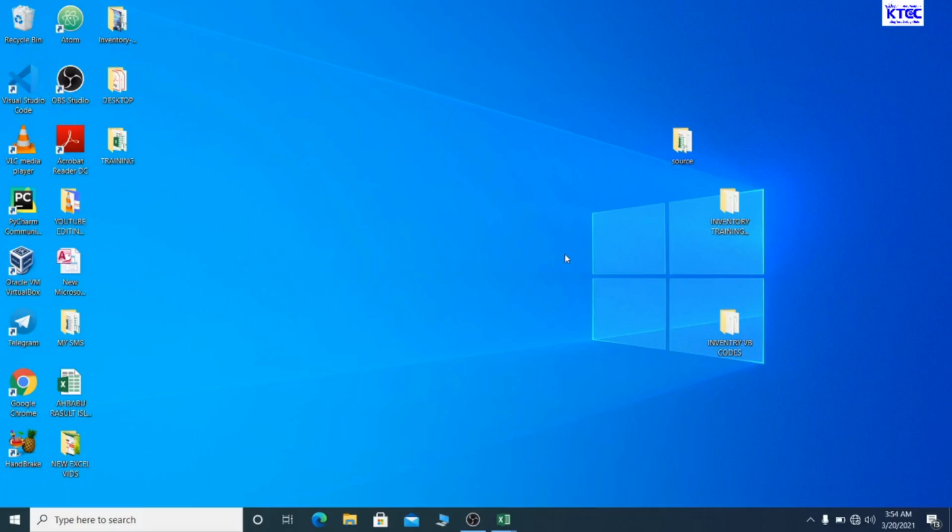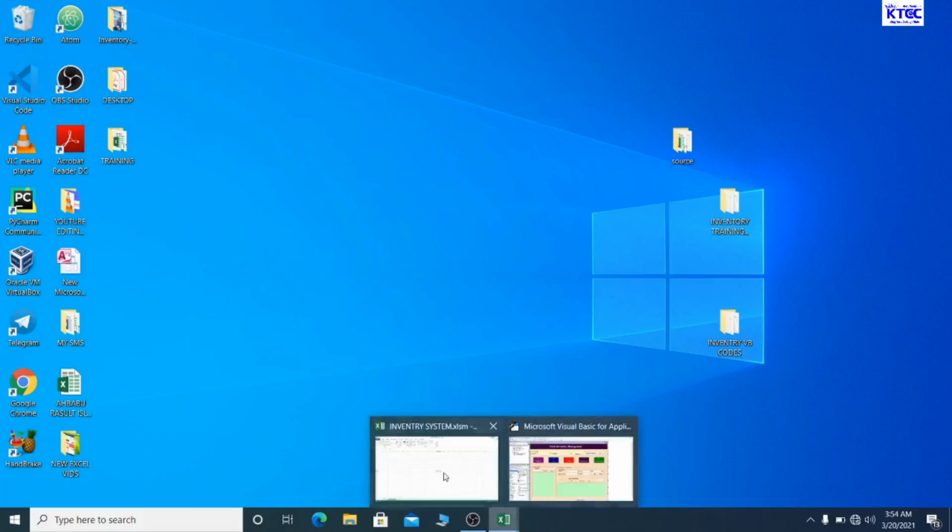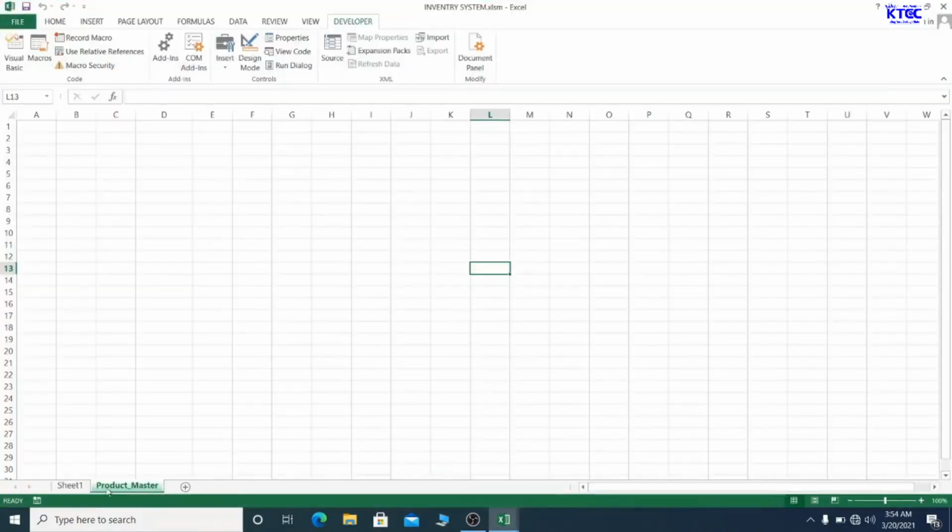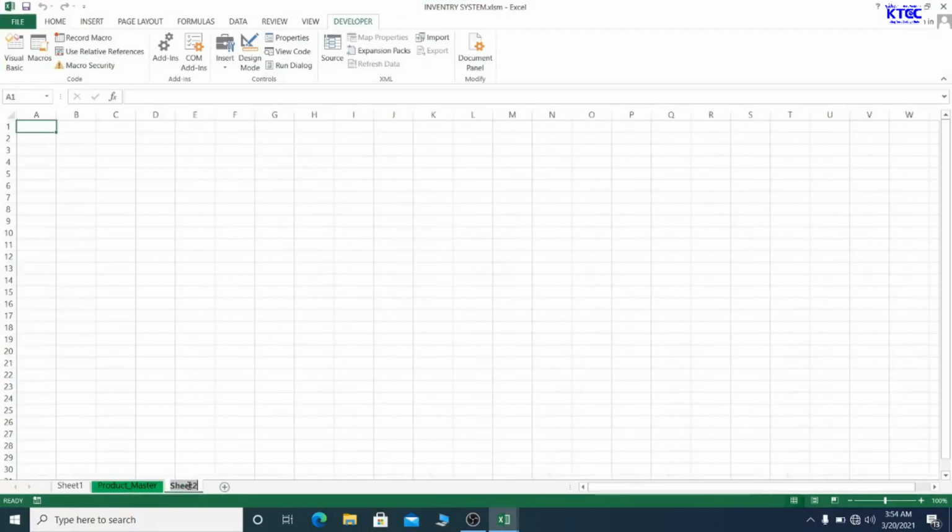So make sure you name everything the way I'm going to be naming it. So let's dive right into it. It's already open, so I just have to continue from here. For now, we have Sheet 1, leave it like that. Then the product master. We create another sheet here, and we're going to call it sale pages. So name it the way it is, sale underscore